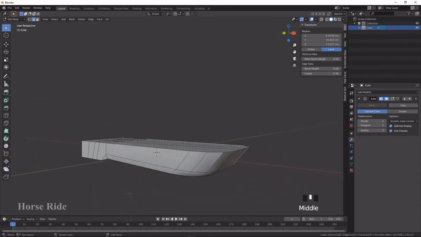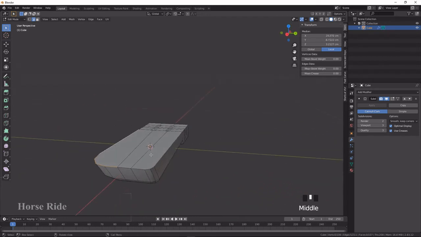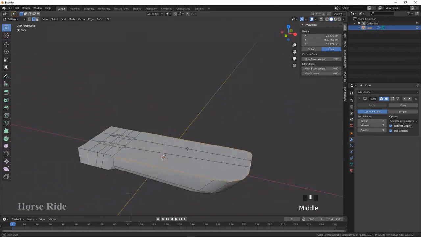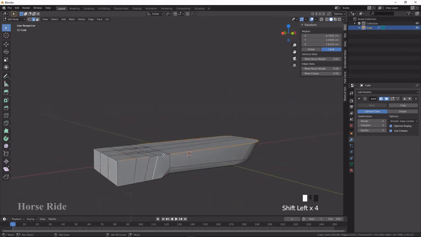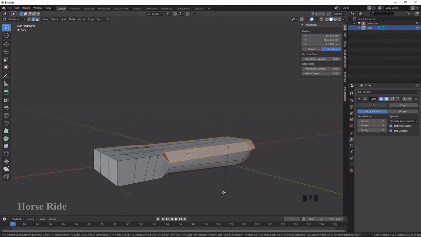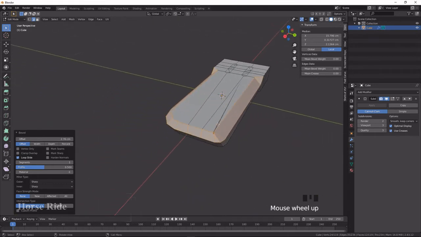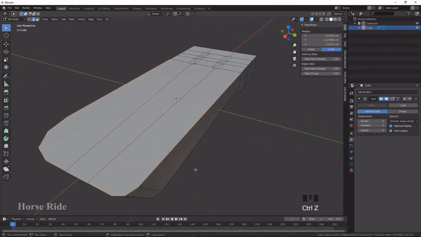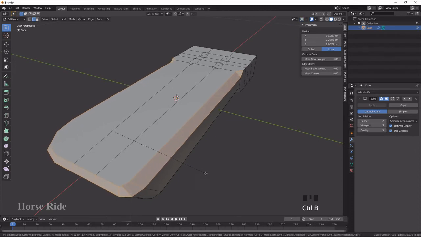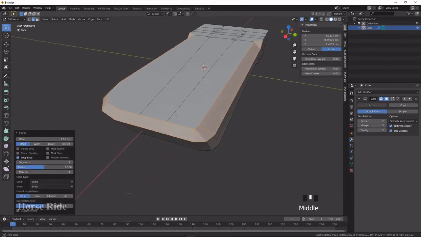After this, select these vertices, select this, and this. No, this is not required. So what I'm going to do is Control B to bevel. I'm going to give designs like this here. Okay, sorry, something went wrong, so I'll just do it again. Control B to bevel. Okay, I'm going to leave it like this. Fine.